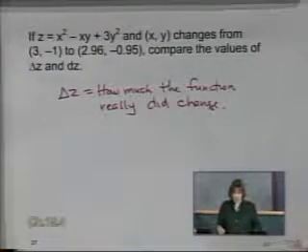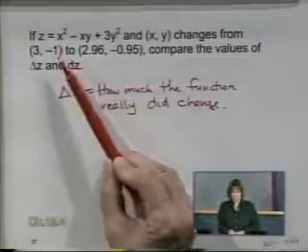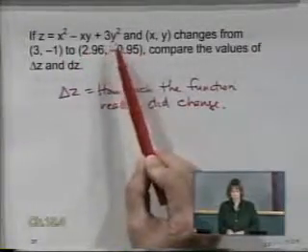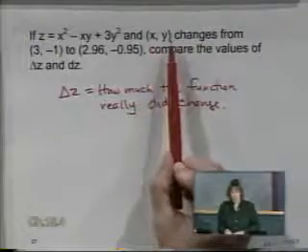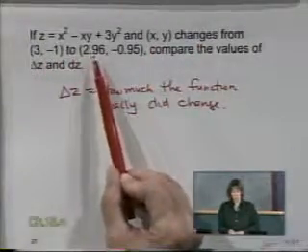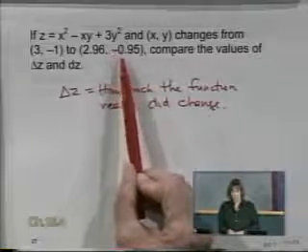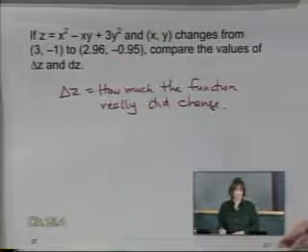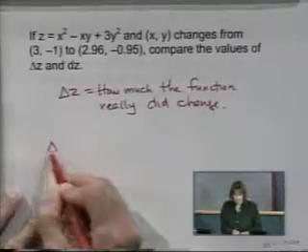Okay, now in this problem right here, they say z is equal to x squared minus xy plus 3y squared, and (x, y) changes from (3, -1) to (2.96, -0.095). All right, so delta z